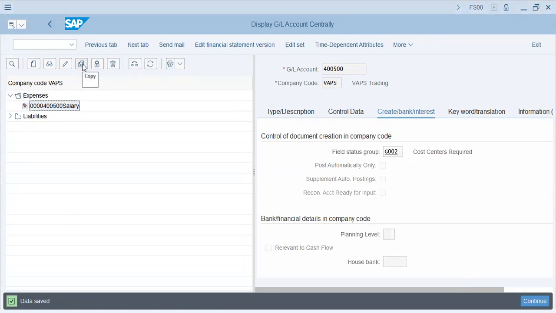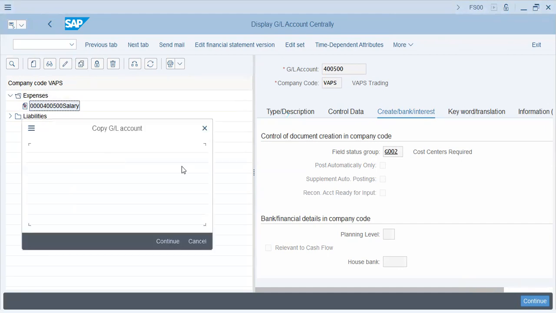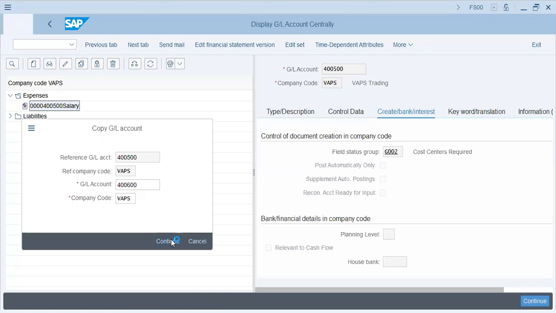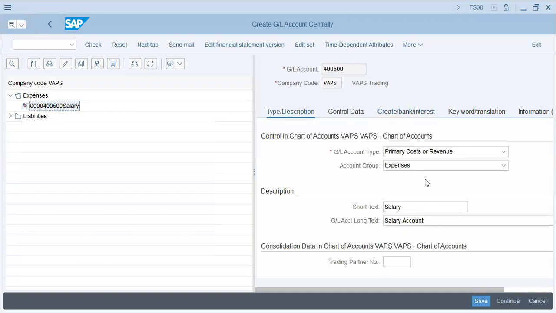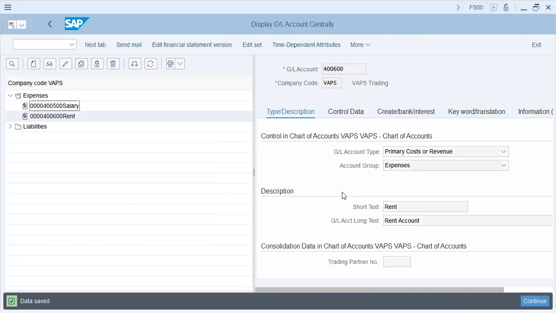Let's copy this. 400, 600. WAPs. Same. Rent account, and save. All other settings the same. Okay. Okay. Now